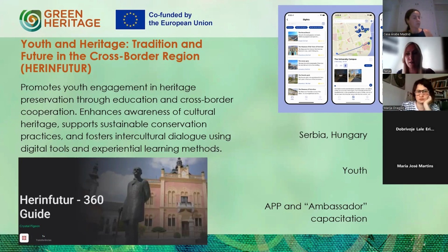This project also highlights the importance of intercultural exchange in heritage education, which I personally think is very important. By bringing together young people from different cultural backgrounds, the initiative promotes dialogue and mutual respect for diverse cultural traditions. Although the HER in Future project does not explicitly focus on gamification as a central methodology, it incorporates digital technologies and interactive learning tools that can increase engagement among young participants in ways similar to gamified learning